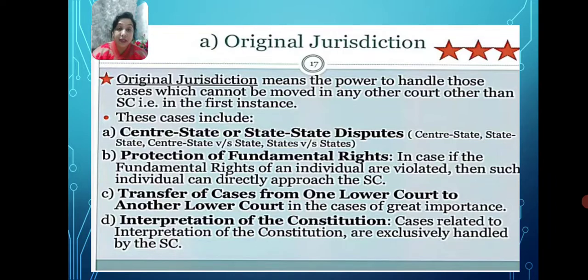Suppose two or more states stand together and file a case against the central government related to any matter, maybe insufficient funds for a particular purpose, or other charges imposed by the central government that they do not agree with. So this can happen. Then between the government of India and any state or states on one side and one or more states on the other side. There can be Uttar Pradesh on one side, and on the other side Uttarakhand, Jharkhand, Bihar.